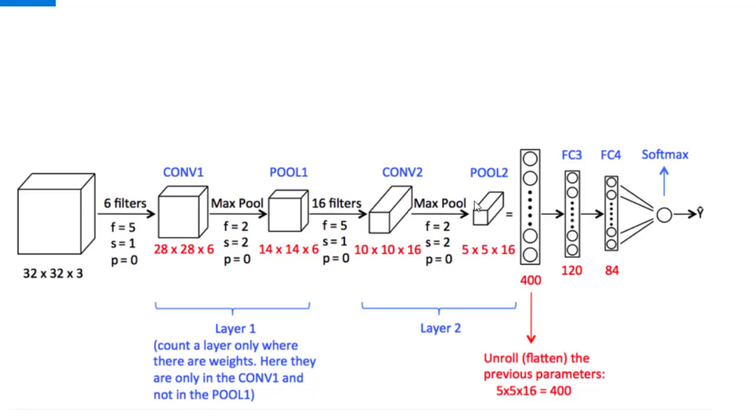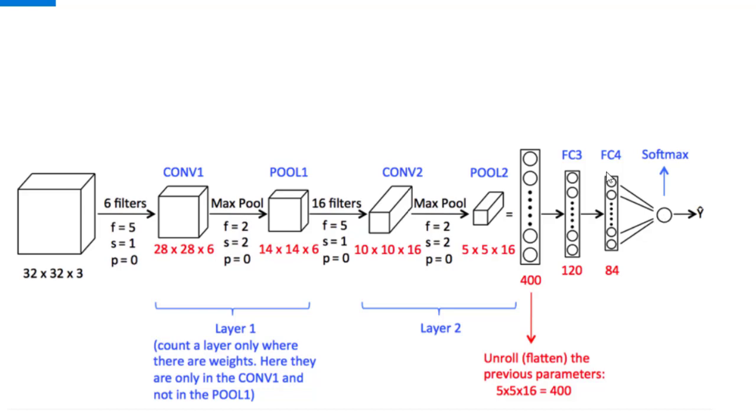So this 5 by 5 by 16 has to be converted to the flat number of features, which is 5 into 5 into 16, 400. 400 is fed to this network, which produces 120 features, that is fed to another fully connected layer that produces 84 features, and that is fed to a third fully connected layer that produces probably the 10 numbers depending on the labels that we have. If the number of labels is 10, it produces 10 numbers, and here the softmax function is used to determine the probability of finding a label.